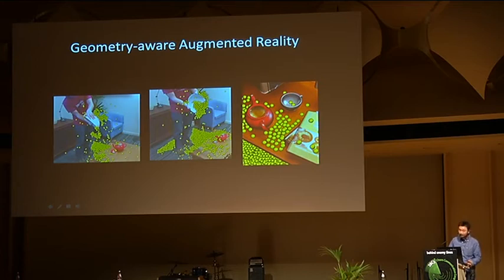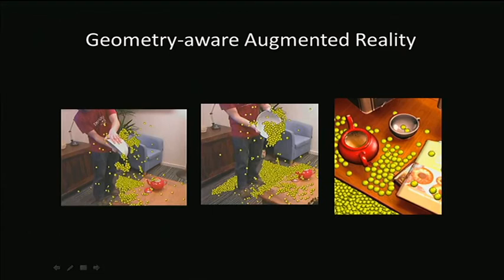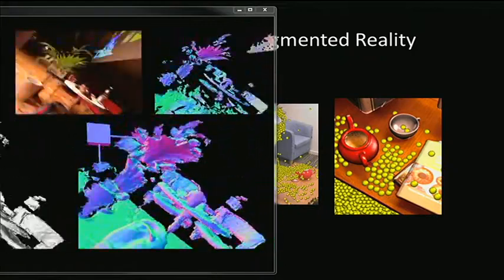Here I'll show you a particle simulation where virtual particles bounce off real-world geometries, and they even get occluded by real objects, because we simulate these particles and calculate the collisions based on